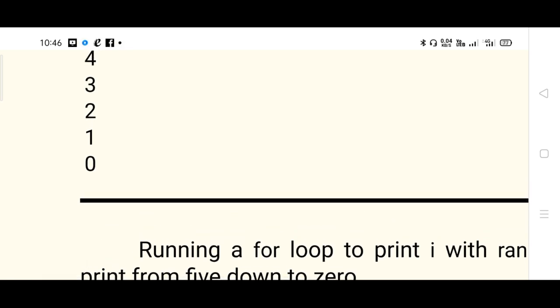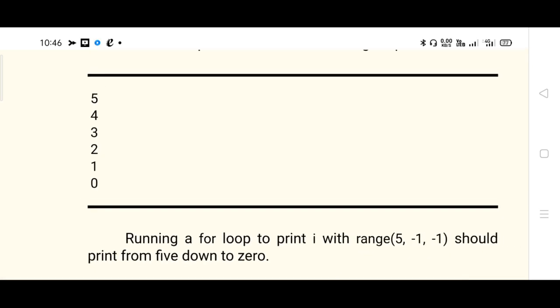So that's it, guys. That's about the for loop and range parameters. Very important topic. In the range function, we can have either 2 parameters or 3 parameters. 2 parameters are the starting parameter and stopping parameter, so you start from the starting parameter till the stopping parameter, excluding that value. Then we can have range with 3 parameters, that is starting, stopping and stepping. 2 or 3 examples we have considered for the same.